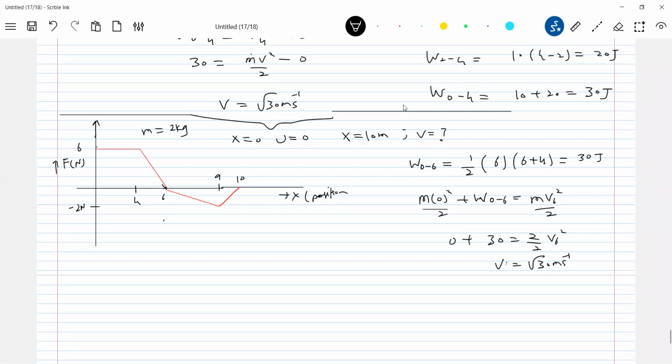Now after this, what will happen? Look at the force after this. The body will move from 6 to 9 meter. But look at the force. It changes direction, no? So what do you expect here? The object will undergo retardation. But sir, from 4 to 6 meter, is it acceleration or retardation? Speed is increasing. Force decreasing, acceleration decreases, but speed increases. So from 0 to 6 meter, it is accelerating, so speed is increasing. But sir, force decreasing, acceleration decreasing, doesn't matter. Speed increases, acceleration. Speed decreases, retardation.